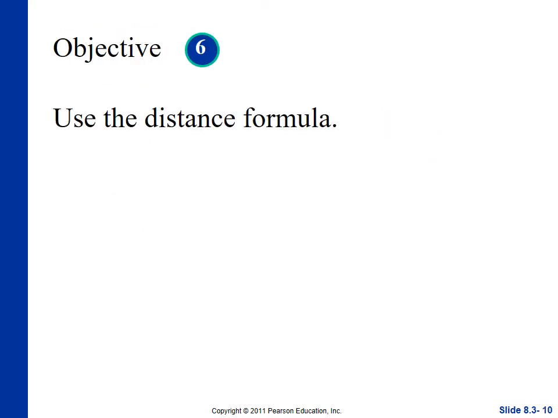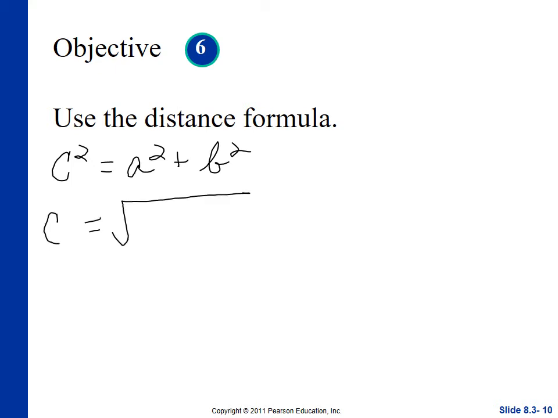Okay, let's try this again. So we're going to talk a little bit about the distance formula here. Now, the distance formula was derived by applying the Pythagorean theorem to the coordinate plane. So we have here c squared equals a squared plus b squared. So if we take the square root of each side, c is equal to the square root of a squared plus b squared. So the distance formula was figured out that if I have a triangle, it's a right triangle,